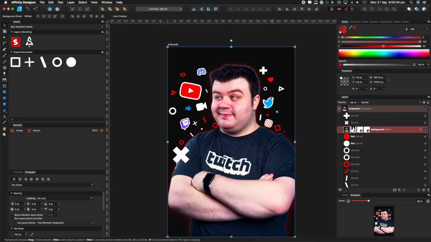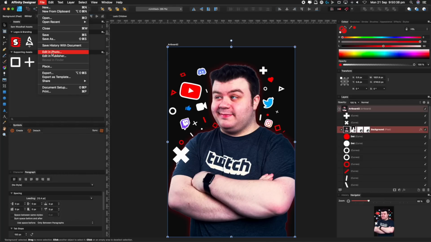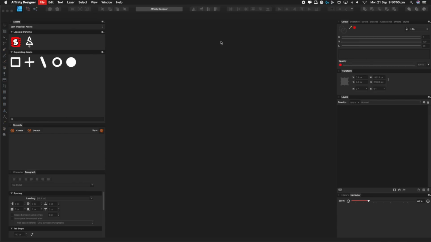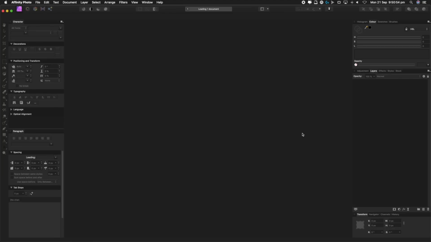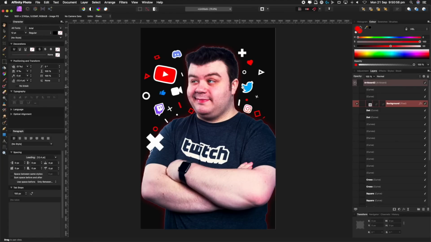And then from here, what I actually do is use Affinity Photo for the next step. So I'm going to go to File, Edit in Photo. What that will do is send the whole document into Affinity Photo. It's loading up Photo right now, and it will pull in my Affinity Designer document inside of Affinity Photo. It's probably one of the most powerful things inside of the Affinity Suite, being able to jump between one